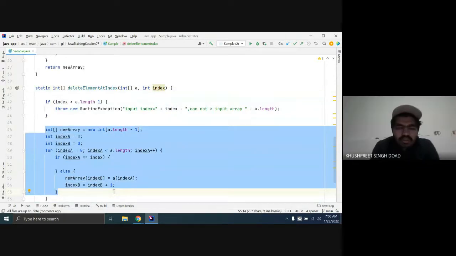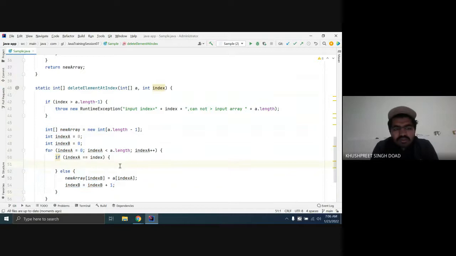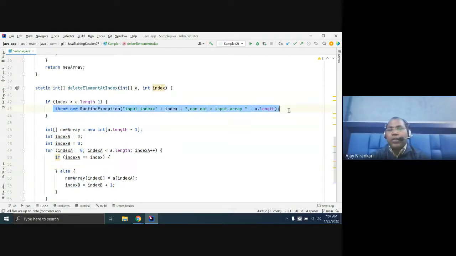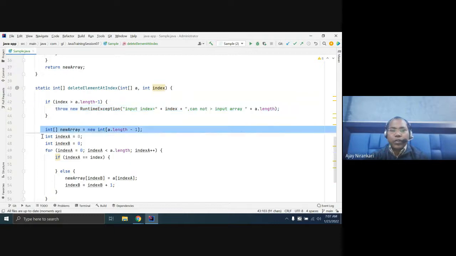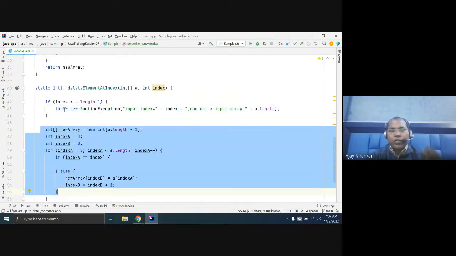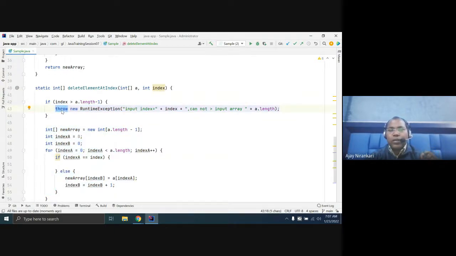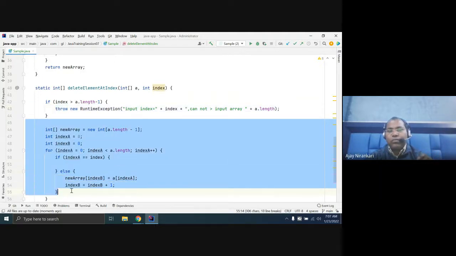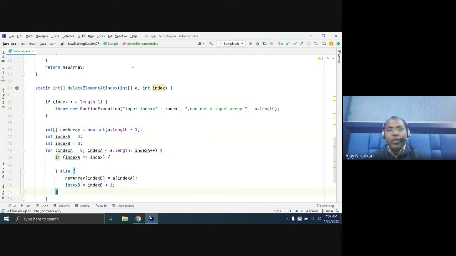Sir, we noted this throws a runtime exception. We can also write system.out.print. Yes, you can write anything here, but when you write system.out.print, your code goes to the next line. But you want the compiler to not execute the rest of the code from here. Whenever this method is invoked, first validate your input, whether it is correct or not. If it is not correct, I inform the Java runtime to please terminate the code. I don't want to execute this line of code.